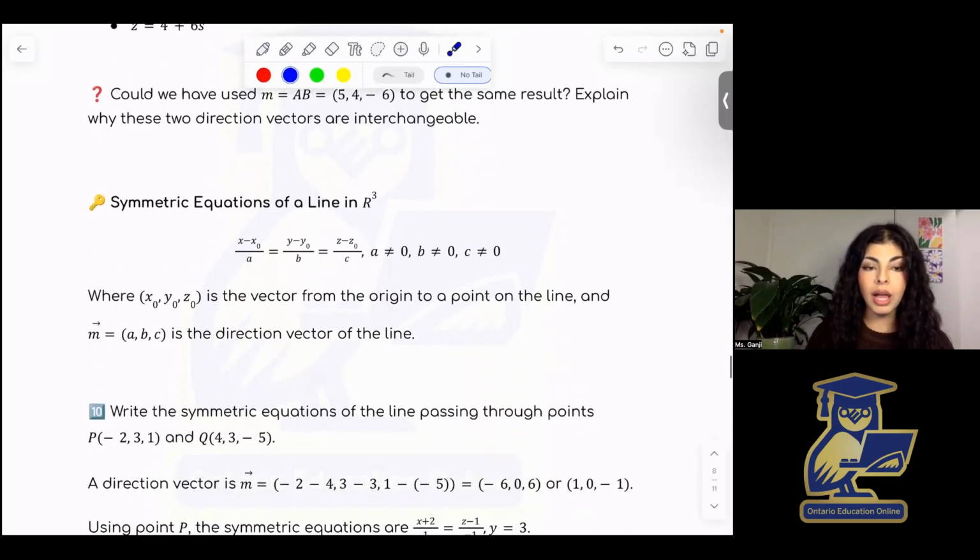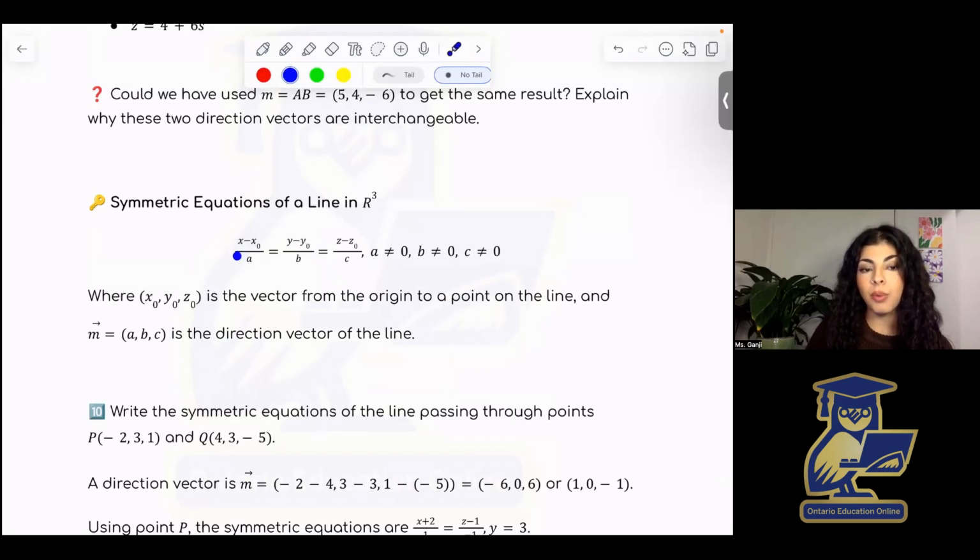And our final key information for this lesson is symmetric equations of a line in R cubed. And this will also work with R squared as well. You will just have the z component, so seeing it for R cubed, you'll be able to use it for R squared as well. But what you do here, or what the symmetric equation is, you are taking the difference